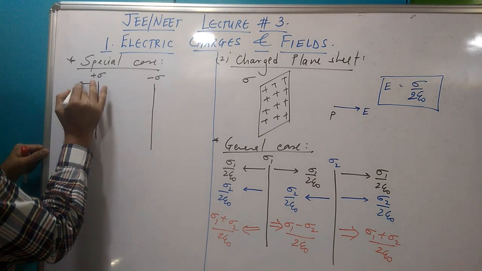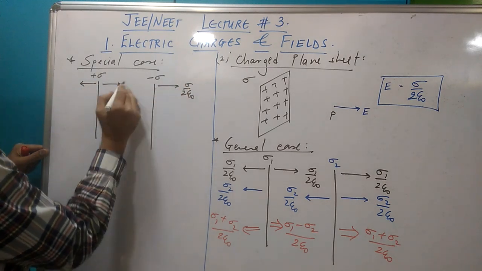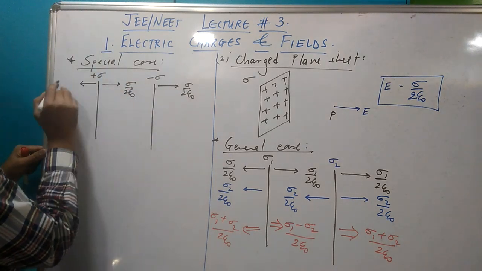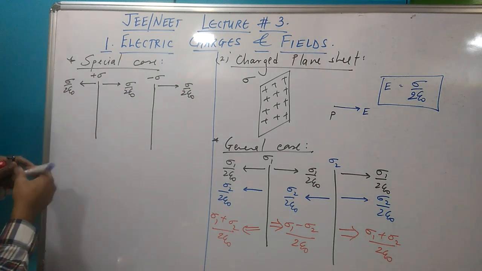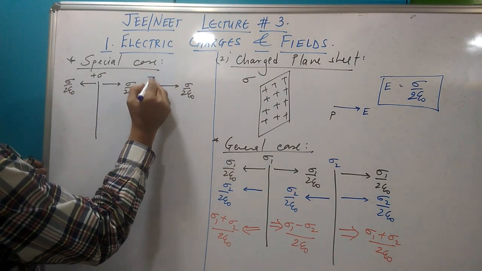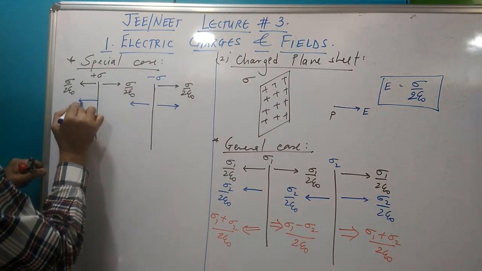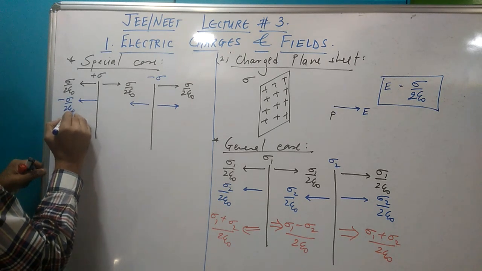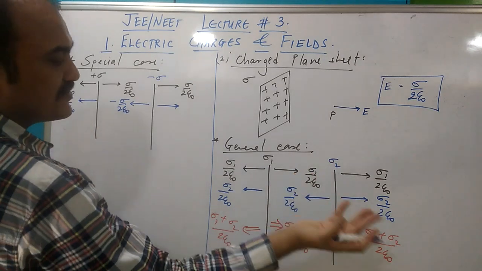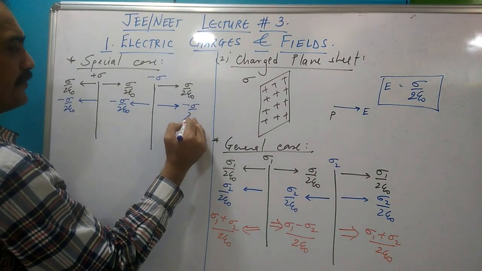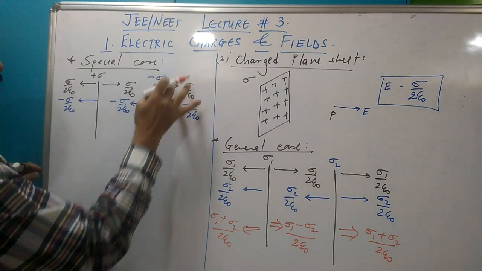Let us look at the electric fields. 1, 2, 3. All for the first plate, plus sigma, and secondly the blue one for minus sigma. Again 3 directions. You can see that I am simply substituting minus sigma in place of sigma 2. I am changing nothing.